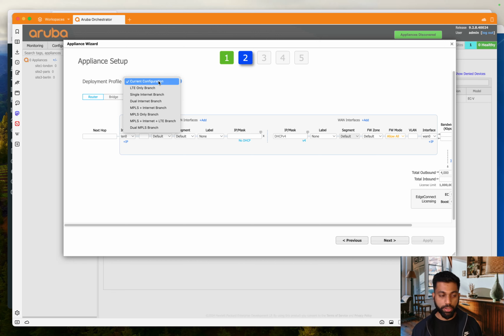I'll show you that in the next video, but here we'll use a pre-built deployment profile. So deployment profile, think of it as basically nothing but settings which will control all your interface related information. So here there are some default deployment profiles. Now if you look at these, the one which really matches us is going to be MPLS, internet, and